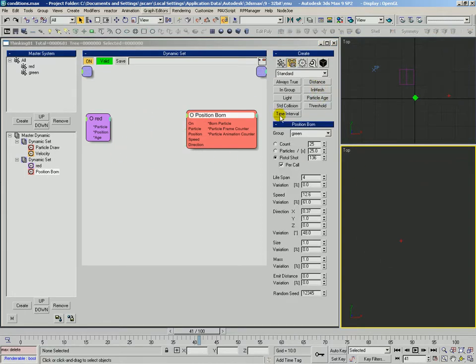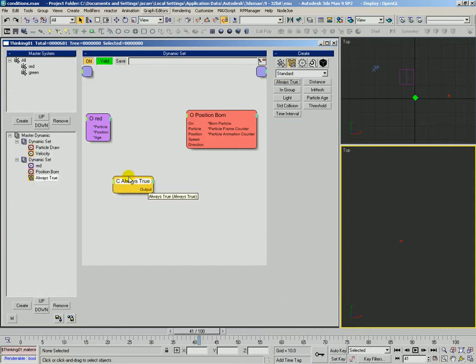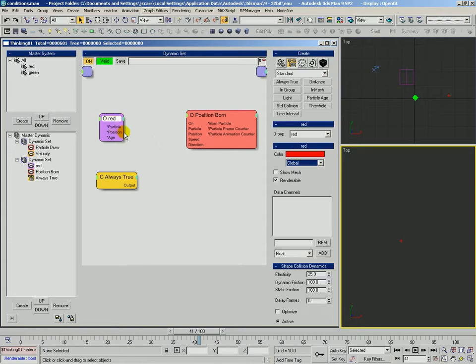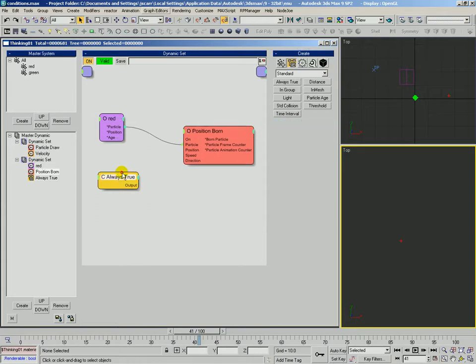And we've covered in mesh, standard collision, distance, time interval. Always true was very useful way back in TP1 and TP2. We don't see a whole lot of it these days, partly because you don't really need